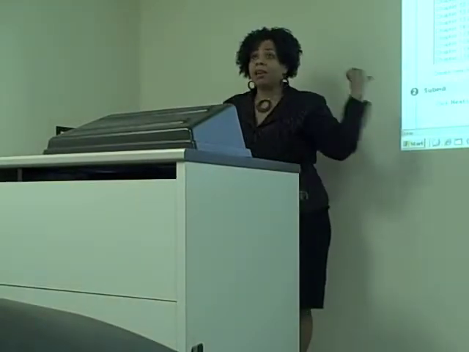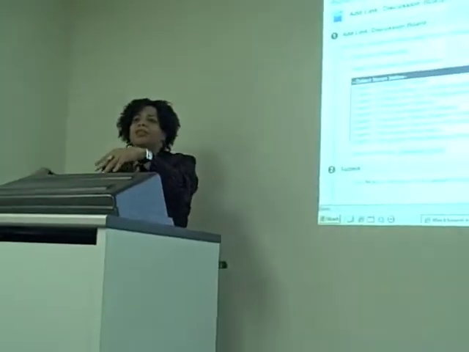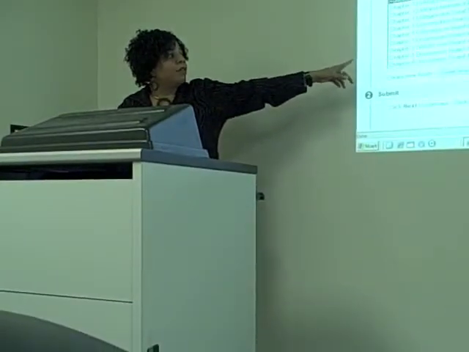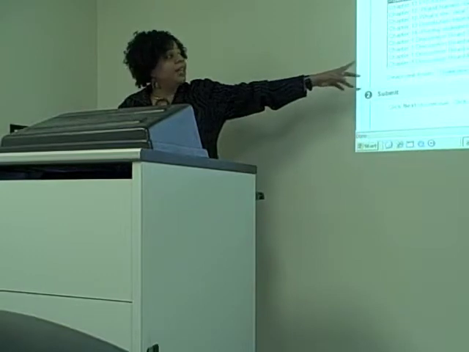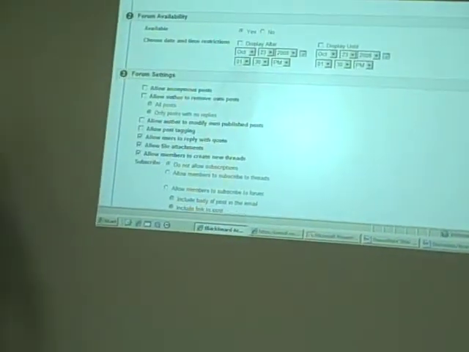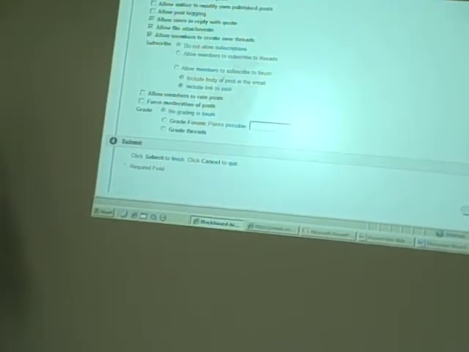You can add a discussion board. You can either add a forum here, because this is what I learned, and I was like, oh okay, it actually was easier this way. But sometimes if you're just setting up all your discussion boards, you can do it through discussion board. So these are all of the discussion boards I have, so I could either take one of those and just drop it in, or you can create a new forum right here. And so you create a forum, and it comes up to the same page that I had before, with the same information and all of that good stuff.